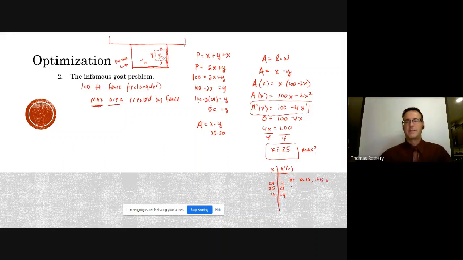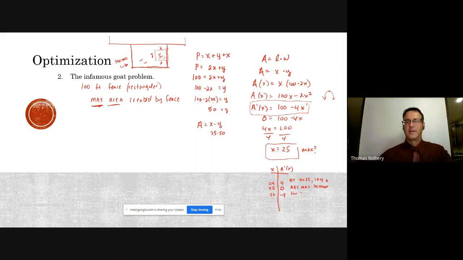And it's not just a max, it's the absolute max. And maybe we know that because this is a parabola. We know it goes upside down because of the negative sign in front of the x squared. And so definitely a max has to exist, and it would be an absolute. And it's an absolute max because we'll say that